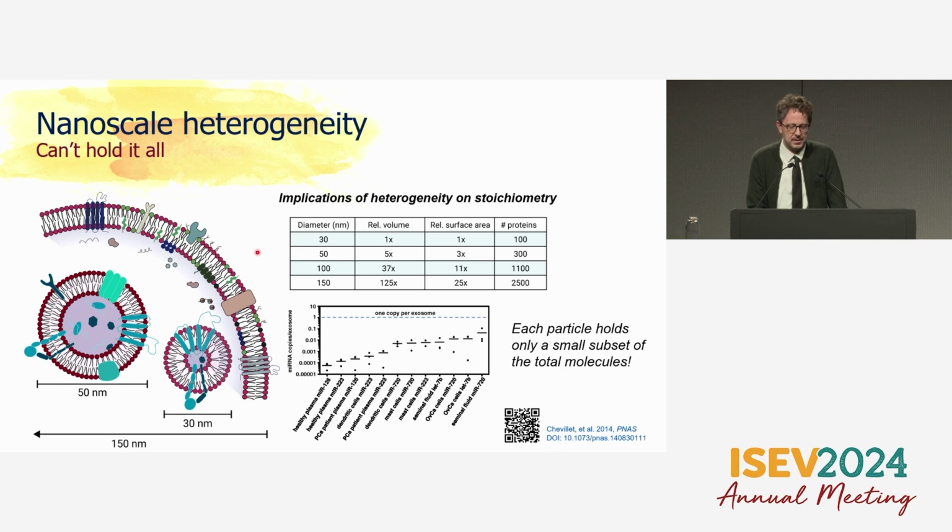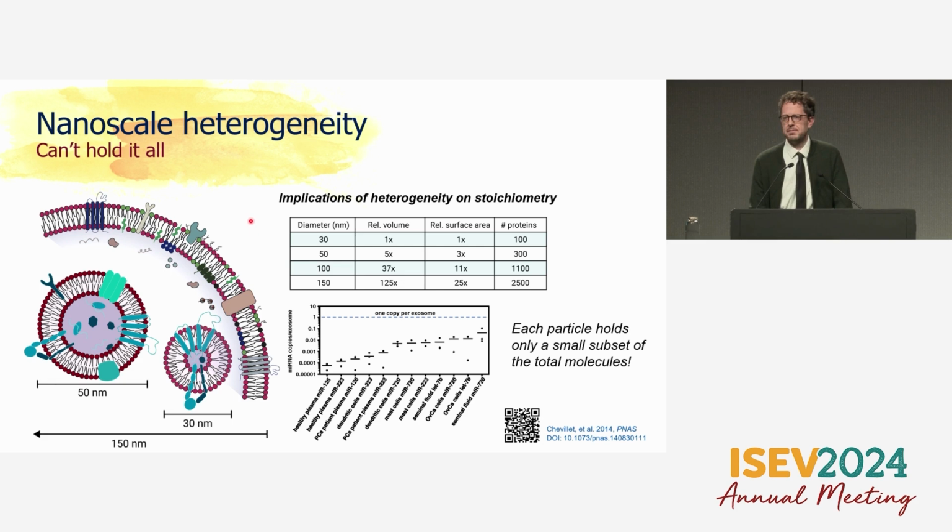the relative sizes of the quoted size distribution of smaller EVs. You'll often see 30 to 150 nanometer. We'll talk about how that's, of course, not true and it's complicated. But as you can see here, look at how small the intraluminal volume is of a 30 nanometer vesicle compared to a 150 nanometer vesicle. It is impossible that these things have the same biodistributions and the same functions and the same biomarkers or whatever, right?